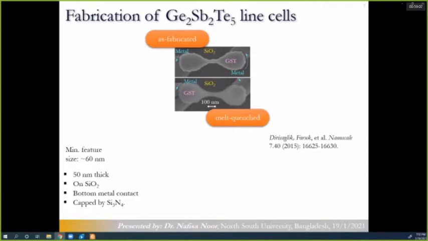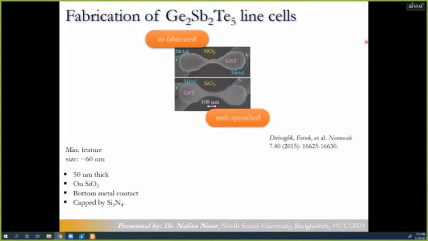And here you can see the SEM image, or the scanning electron microscope image, of these line cells. Here you see the dog bone shape, and the GST material lies in the middle of 2 laterally placed electrodes. So here the right electrode is here and the left electrode is here. Instead of the top and bottom electrode, in the lateral arrangement we have the left and right electrodes, and in the middle we have the GST material. You see this dog bone shape because the middle width of this cell is the active region, and this is extremely thin. When we want to make this cell extremely thin, we have to go toward this dog bone shape. We can also get a rectangular shape, but that rectangular shape would not have such an extremely small